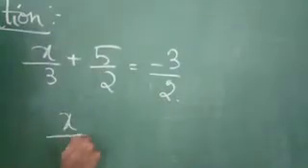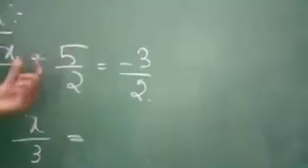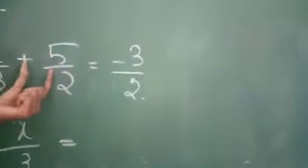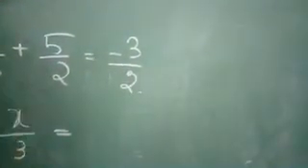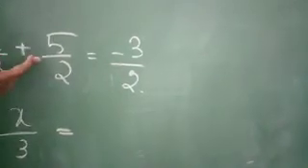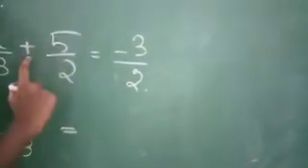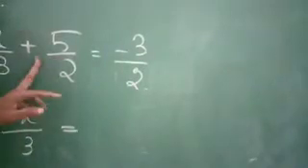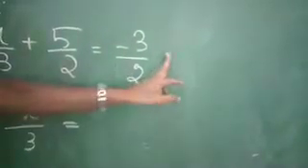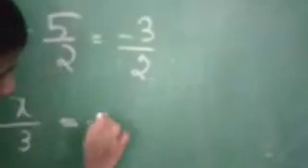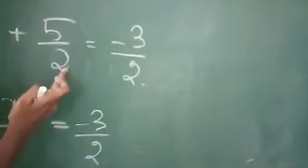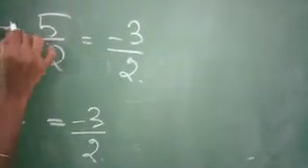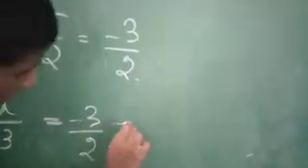So what you will get, x by 3 equal to, see here you already know in an equation, if you are transposing an addition to the RHS of this equation, whenever it goes to the RHS side, the addition becomes subtraction. So this plus 5 by 2 becomes minus 5 by 2. You put minus 3 by 2 as it is, and here we are transposing this 5 by 2 to the RHS. So here it is addition, and whenever it goes to the RHS side it becomes subtraction. So minus 5 by 2.